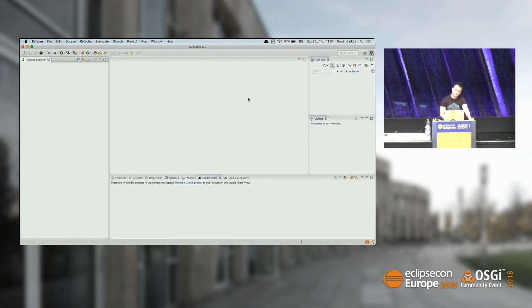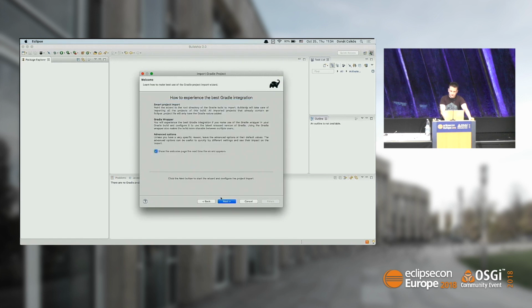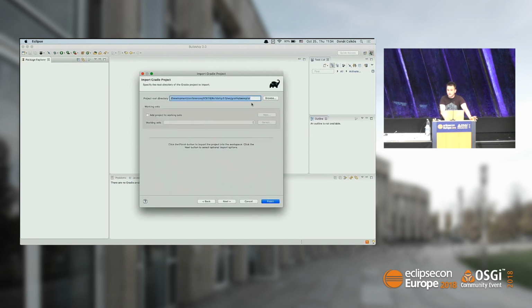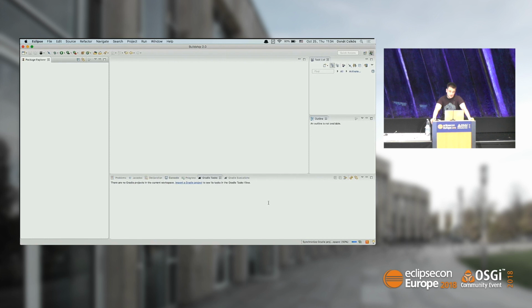Here we have an Eclipse with Buildship 2.0 installed, and I just want to show why we actually added preferences, the way we implemented them. If I import a sample project, I have an example project here, and say I want to use a custom distribution. This time let's choose, I don't know, 4.10 for this project. And if I import it, I hope it's going to finish soon. Sometimes it can be much slower. So this was the only time